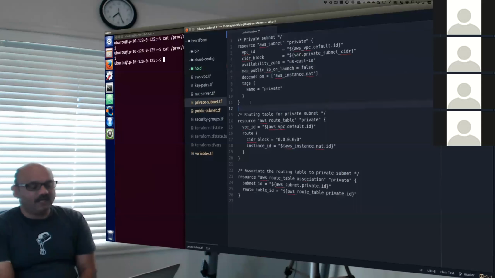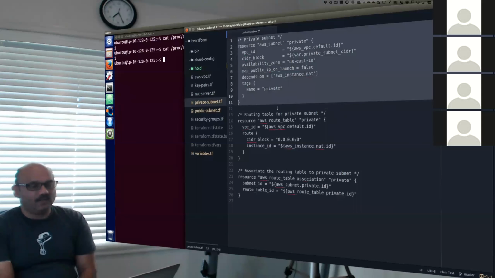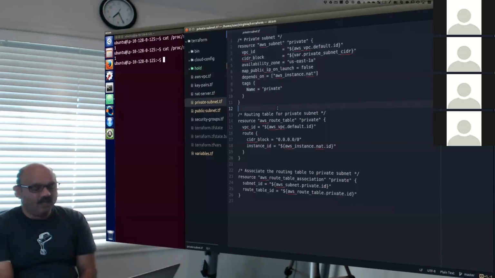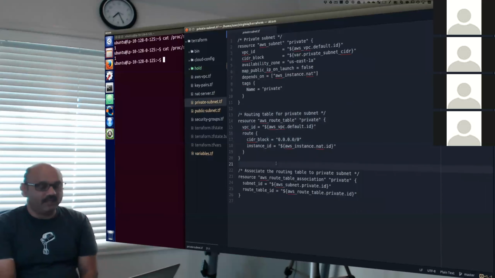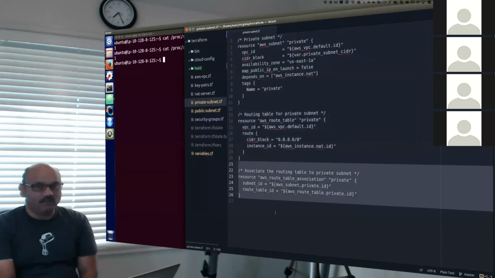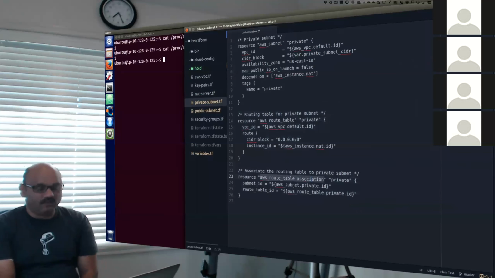While you are creating a subnet, it's a great idea to also have the corresponding route table defined. So these lines 13 through 20 are going to create a route table, and then associate that route table with the private subnet in line number 22 and down. This association of route table with the private subnet will happen as soon as we run this code. There's one more thing to notice, which is line number 18.